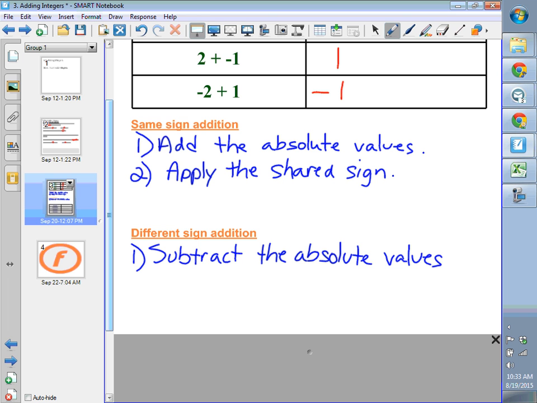We're paying attention to which one's greater, the 2 and the 1, and we're subtracting them, and then we pay attention to the sign. This one's got a greater absolute value, this one right here. Okay, so we apply the sign